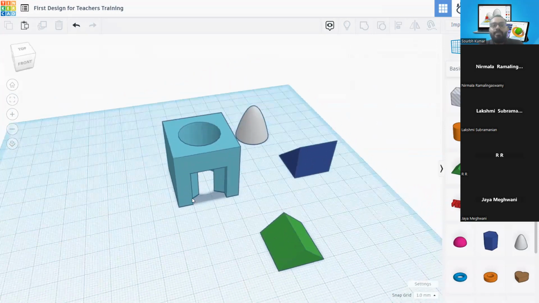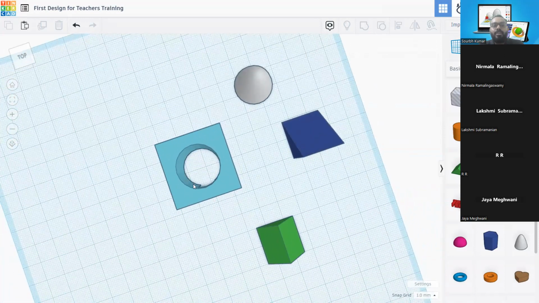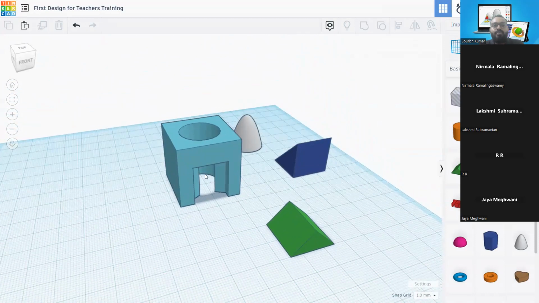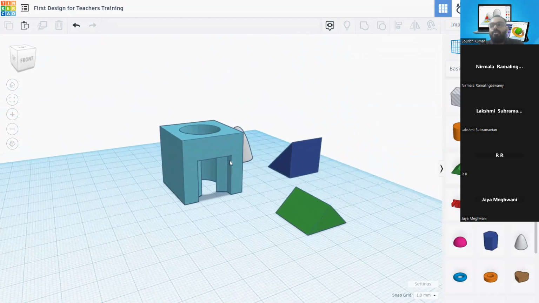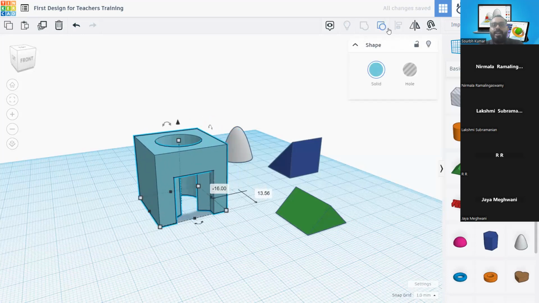So now we removed one or two portions, that is the circular or cylindrical portion from the middle of this, and we also removed the polygon shape from the side of it. Suppose we don't want these things to happen to this component, and we don't have any redo or undo button because we already made several changes, like 10, and we don't want the first change. Then what we will do, we will just click on this object itself, and here we have